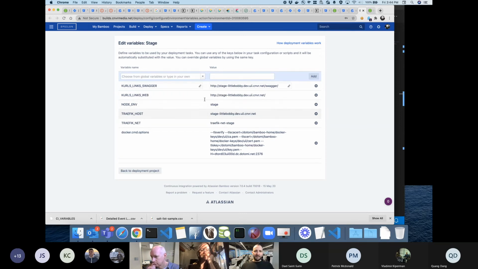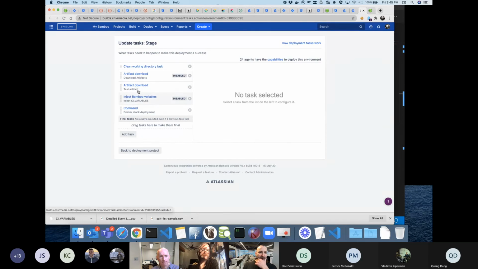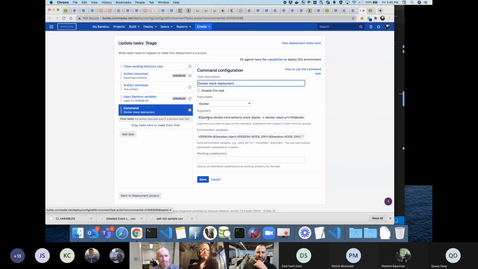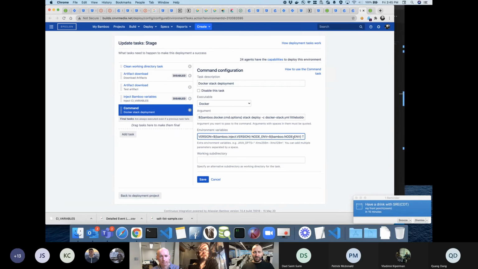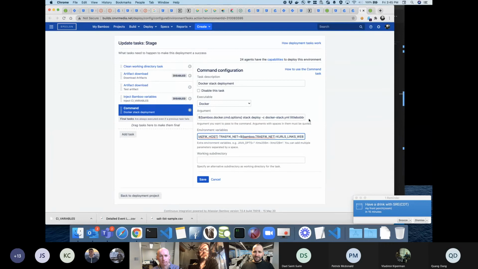So you got those two in there, and then it probably doesn't hurt. I probably should add them to the prod at the same time, but let me just go ahead and go to the tasks here for this one. So when it does the Docker stack deploy, we just need to export a couple more variables. So we got the version, node in version, and then equals bamboo dot that, and